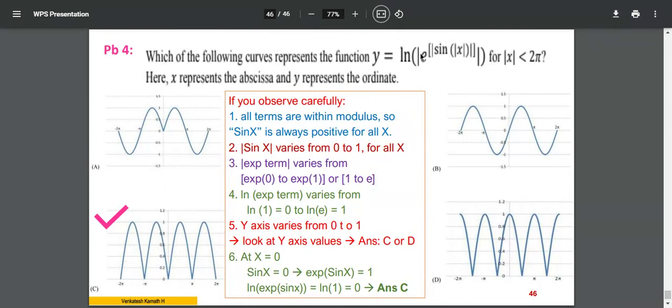Another thing you can see is all are modulus. All the values should be positive. So this cannot be the correct answer. This can be the correct answer. So this is straight another way of thinking. The second way of thinking is, the first way of thinking I have written here.